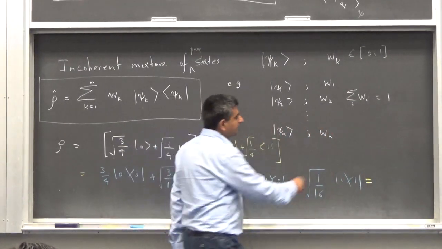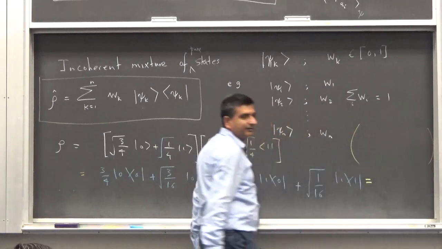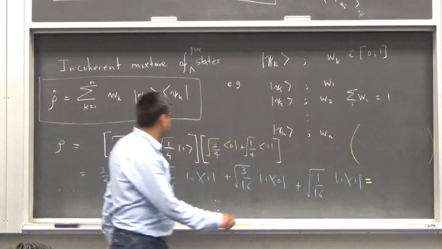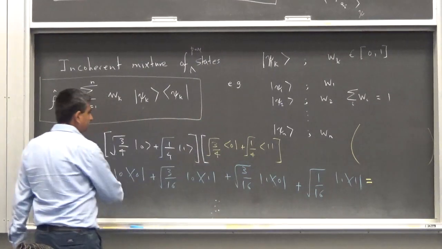I can write this in matrix form as well. In my basis, choice of basis is ket 0 followed by ket 1. In matrix form, this will become